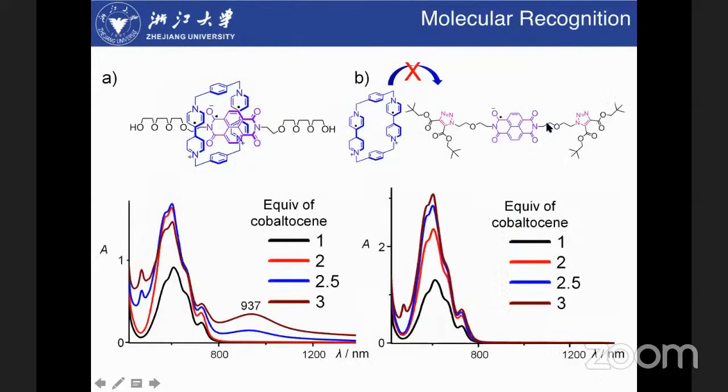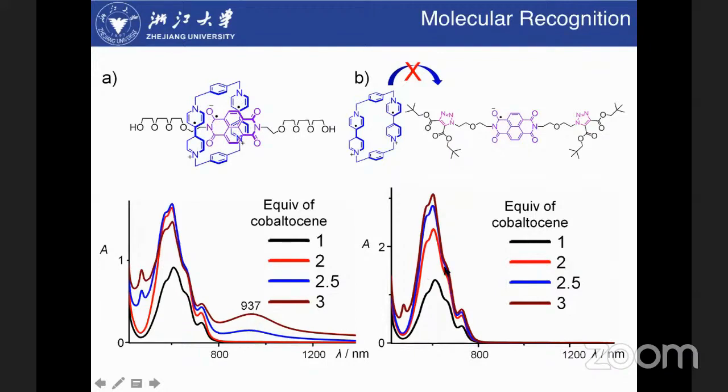So after we get this heteroradical pi-pi stacking, we use this new novel interaction for host-guest chemistry. So we get a macrocycle and a guest. This macrocycle is the blue box, first developed by Stoddart. And even although there is no covalent bond connecting the macrocycle and the guest, we can still get this pi-pi stacking, because remember, in the macrocycle we have two radical cations, and they can do the pi-pi stacking simultaneously with the guest. You can see we get this nice near IR band.